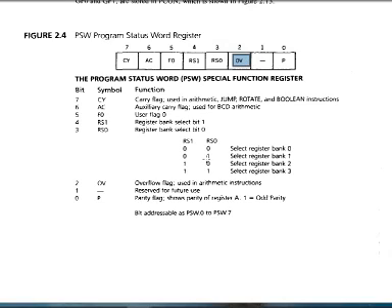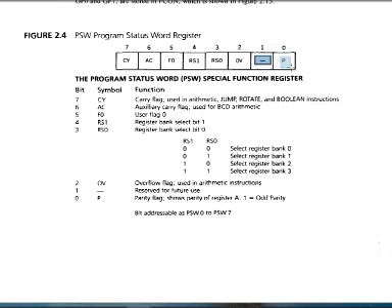It is used in arithmetic instructions when the given arithmetic operation gives you a result which we are not able to store in the given register, means it is out of size of register, then this overflow flag will be generated. The next bit is reserved for future use, so it is not described at all.